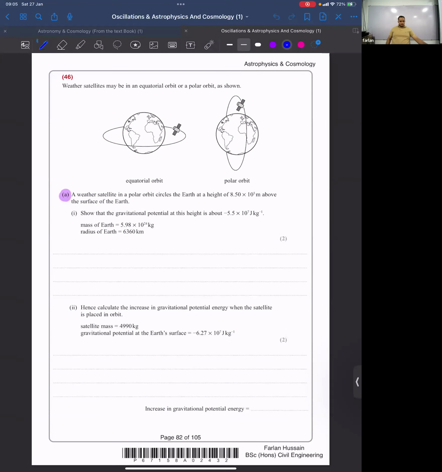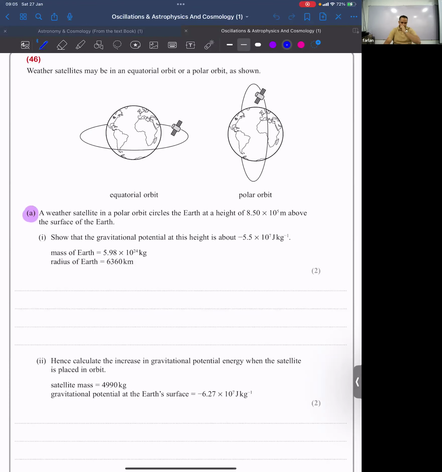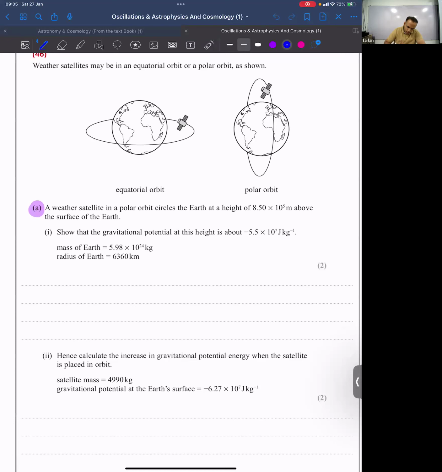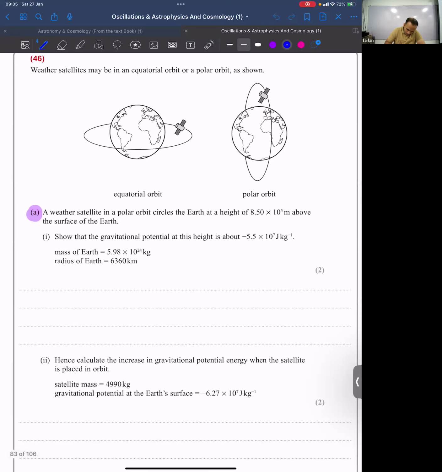46. Where the satellites may be in an equatorial orbit or a polar orbit, as shown. Where the satellite in a polar orbit circles the Earth at a height of 8.5 into 10⁵ meters above the surface of the Earth. Show that the gravitational potential at this height is about this much. The mass of the Earth is given, the radius of the Earth is given. So the gravitational potential is given by